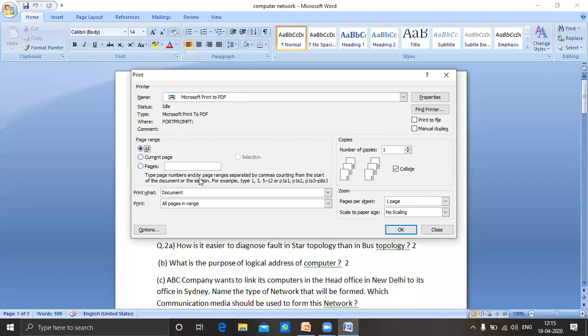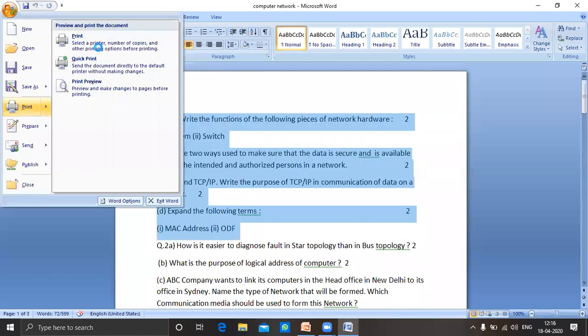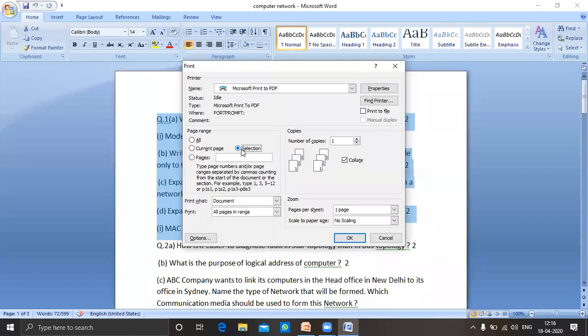And if you want to print only the selected area, meaning only the selected portion, then before going to the print option, you select the portion you want to print and then click on print, and now the selection option is active. Now you click on selection. Then print what: document. Number of copies: you set the number of copies, 1 copy, 2 copies, 5 copies.